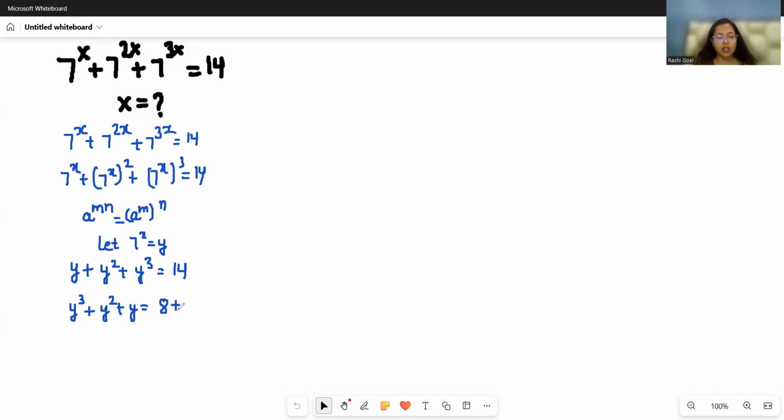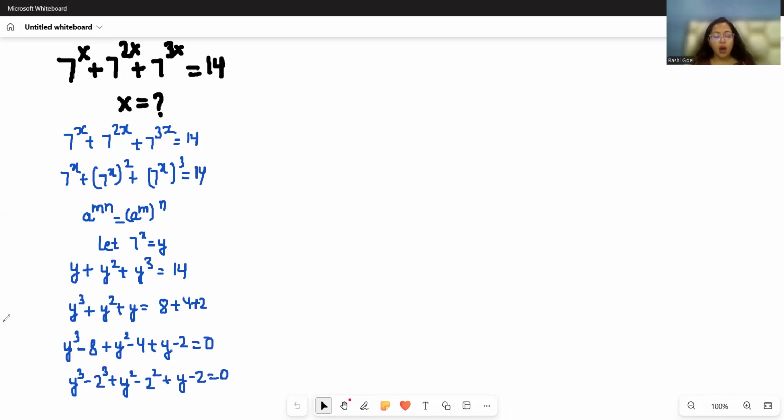I can write it as 8 + 4 + 2. So (y^3 - 8) + (y^2 - 4) + (y - 2) = 0. So this 8 I can write as 2^3, plus y^2 - 4 as 2^2, plus y - 2 = 0. Now I am going to use two very famous identities,